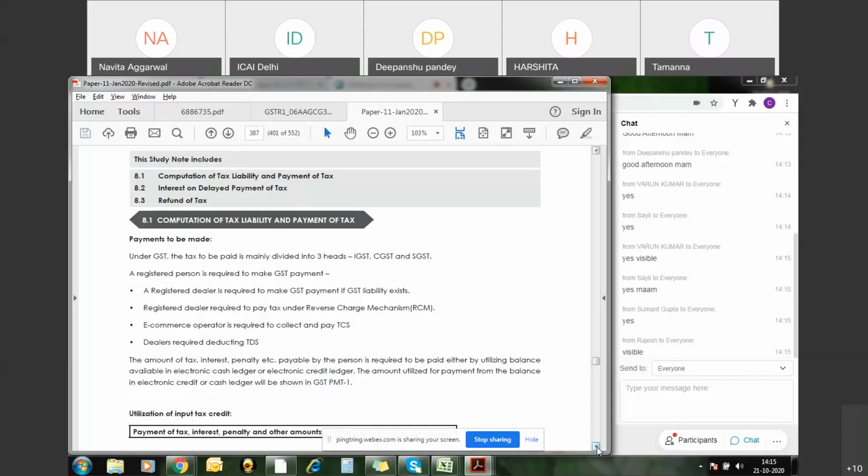Say suppose there is an invoice of, for example, 100 rupees. It is an intrastate sale and 18% GST is applicable on that particular product. So, what is the total GST liability? On 100 rupees at the rate of 18%, the liability is 18. So, 9 rupees goes to the CGST and 9 will go to the SGST.